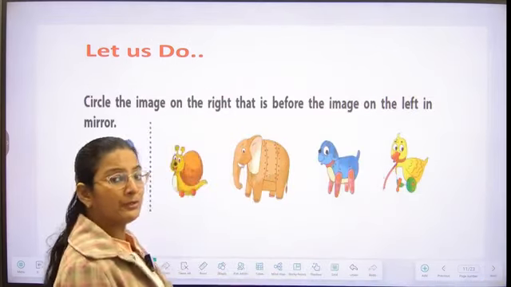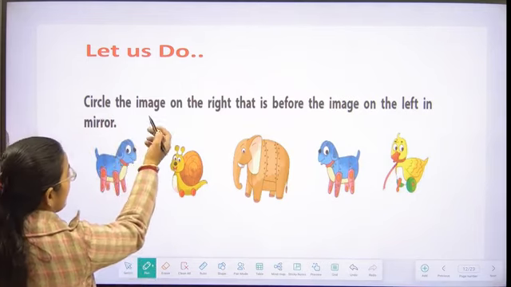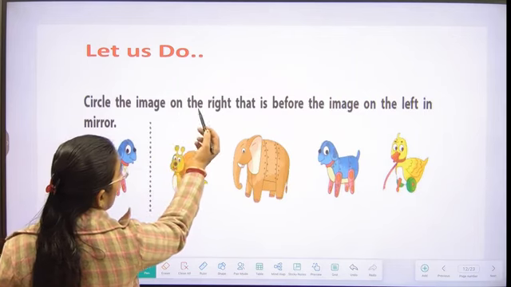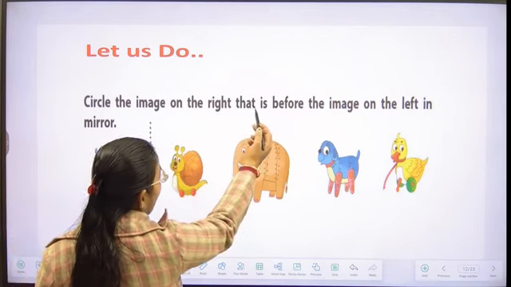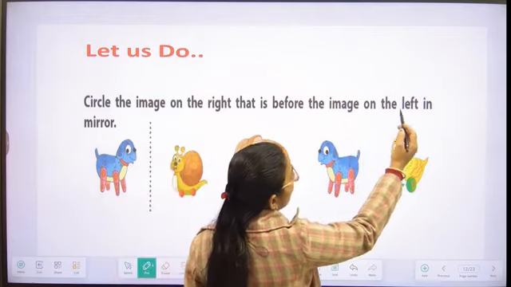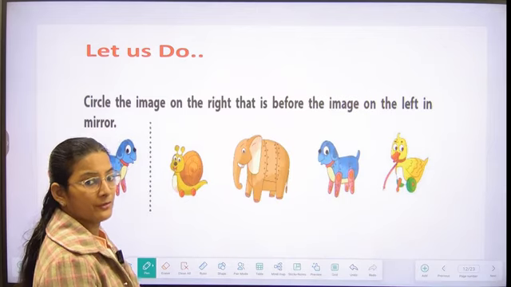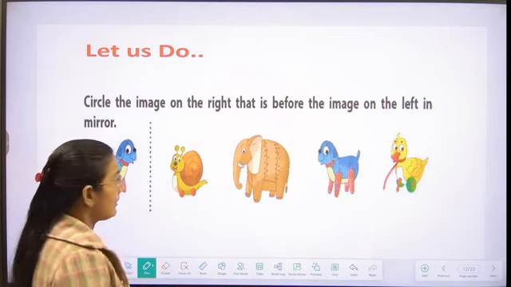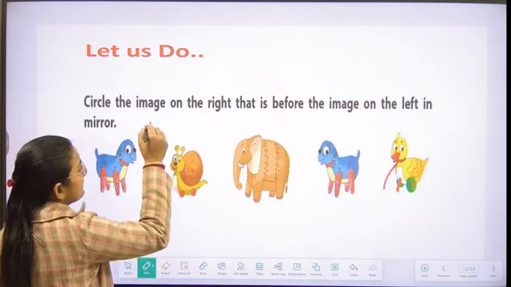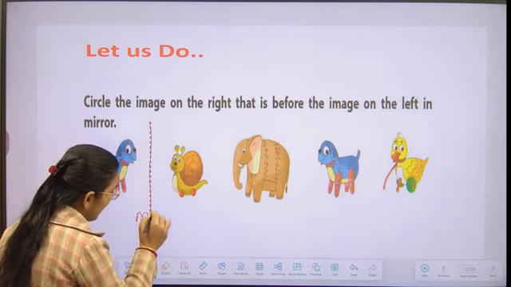First, we have to read the question carefully. Circle the image on the right that is before the image on the left in mirror. So first, what we have to do, kids? We have to find the mirror. This is the mirror in the picture. So this is our